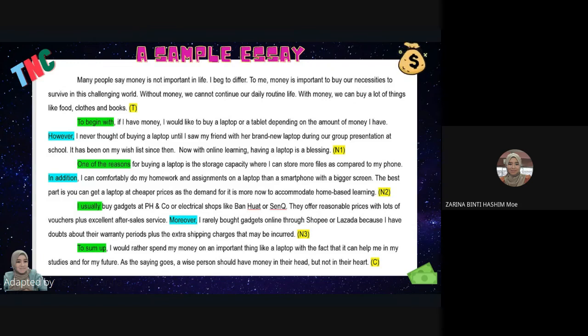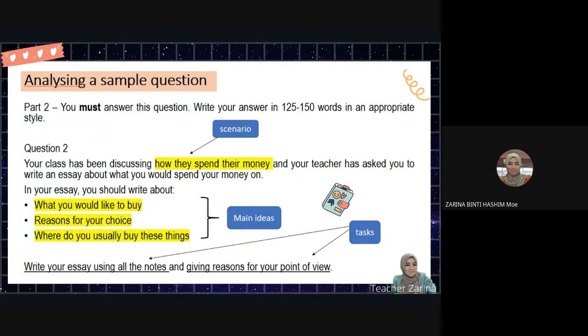Okay, C for conclusion. So here, this is what I'm referring to. Yes, of course, those are the main ideas, but they call them notes here. You can see below there: write your essay using all the notes. That is why I put all this as notes. Note 1, note 2, note 3. I don't want to put main ideas. Of course they are the main ideas, but for the acronym, I don't put it as MI. MI is for email just now. So remember the notes, all the 3 questions.